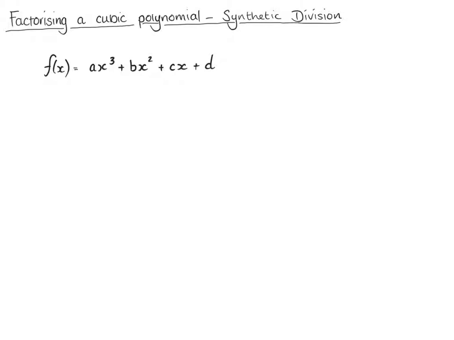To do that, we take out the common factor of x out of the first three terms, giving us ax squared plus bx plus c, and then we're adding d. Then we take out x again, so we get ax plus b